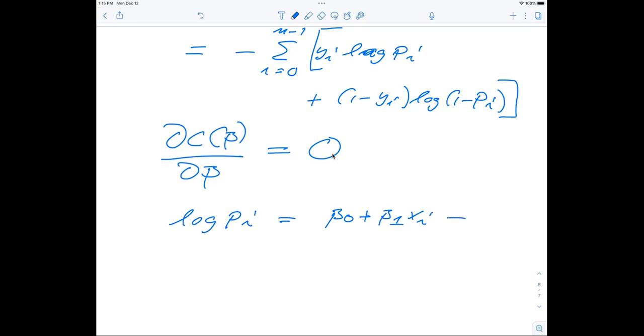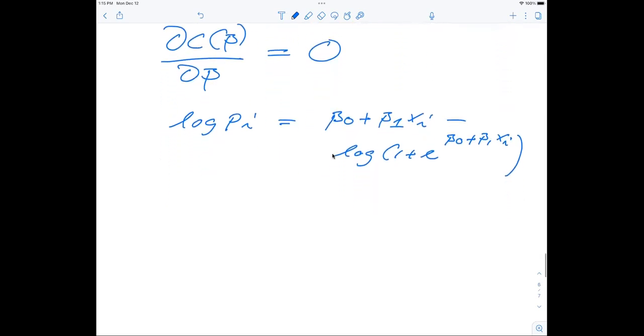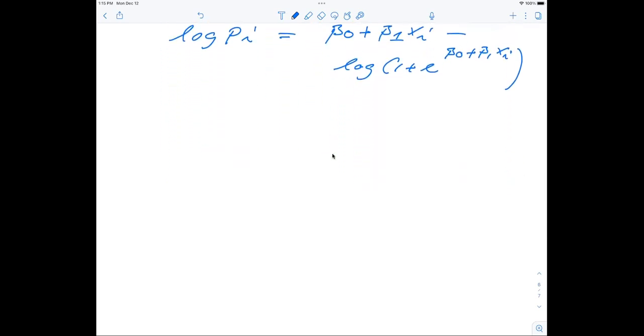And then we are going to have minus log of 1 plus e to beta 0 plus beta 1, the parameters. And just keep in mind that we are not limited to have only 2 parameters. We could have many parameters reflecting different features in the model, which we have. So when we do that and we plug this into the function, what we are going to get is that this function C of beta